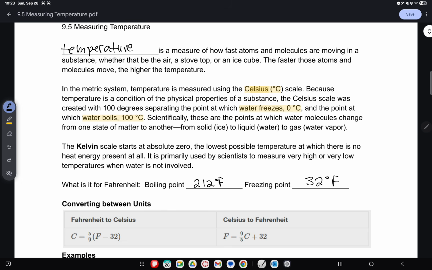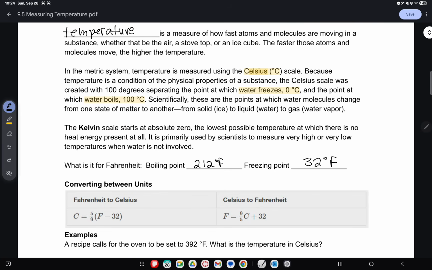And those are random numbers. Like 0 and 100 kind of makes sense. 0 degrees, freezing. 100 degrees, hot. Because when we talk about temperatures outside, 70 degrees is pretty warm. It'd be higher in Celsius, but same difference. So